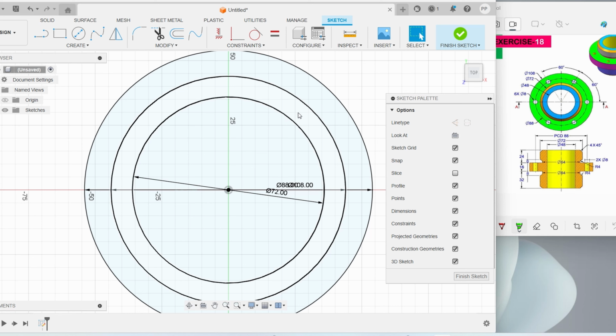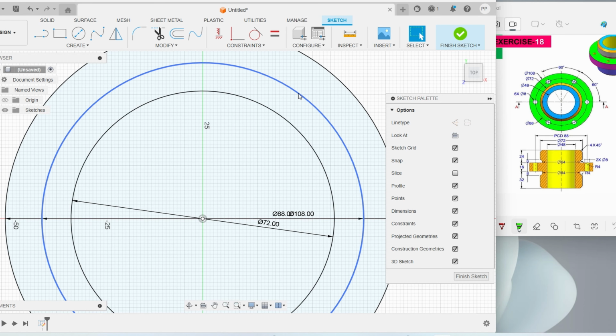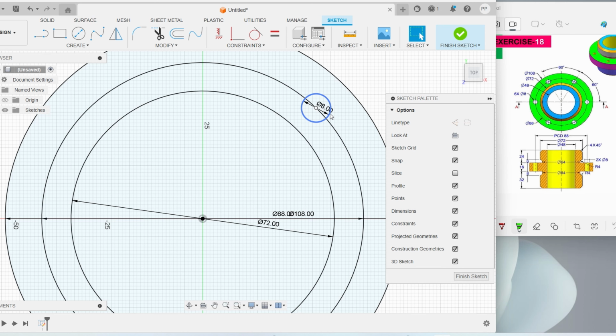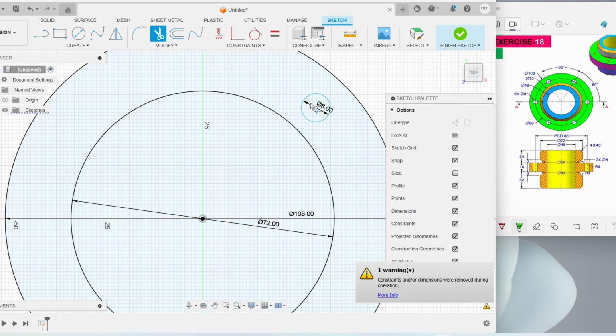And now on this circle we need to draw a circle with diameter 8 mm. So just do it, draw a circle with diameter 8 mm. And now I'm going to remove this part, which is not necessary because we have drawn this circle with 8 mm. So go to trim option and remove this